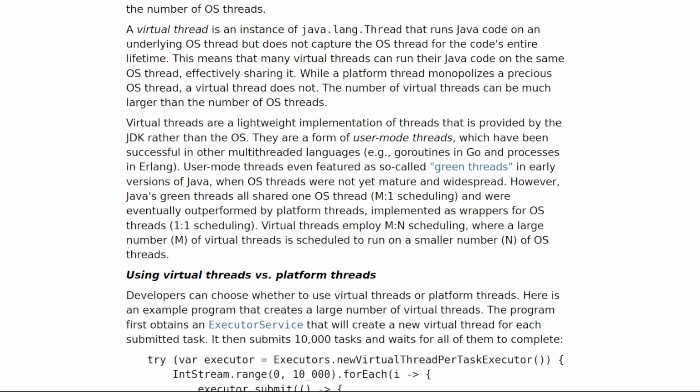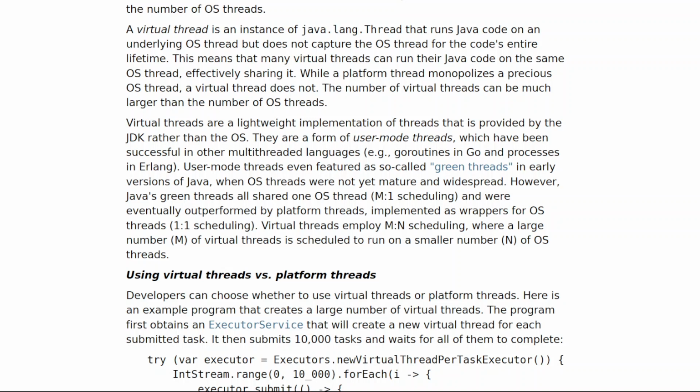Using virtual threads versus platform threads, developers can choose whether to use virtual threads or platform threads. Here is an example program that creates a large number of virtual threads. The program first obtains an executor service that will create a new virtual thread for each submitted task.